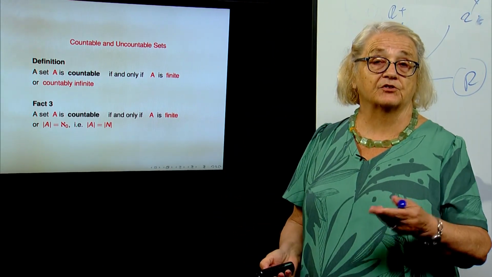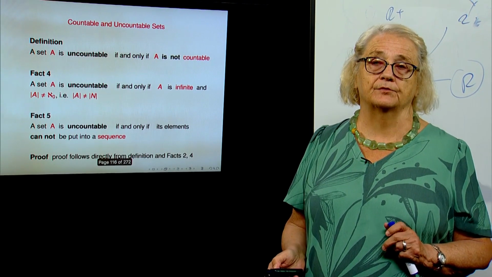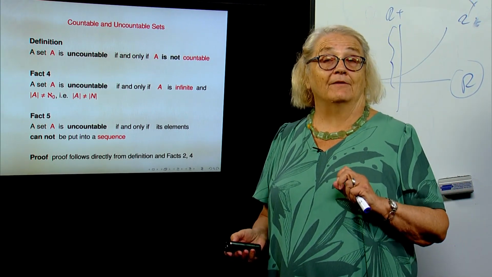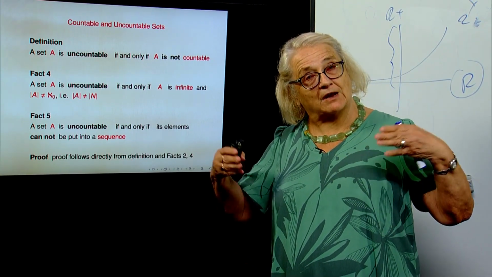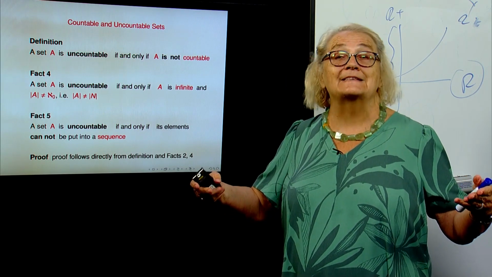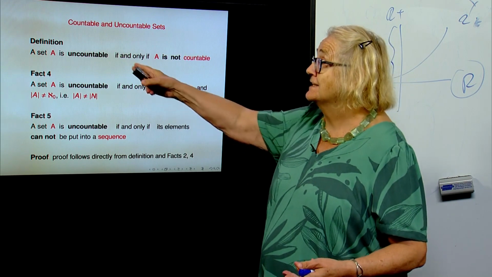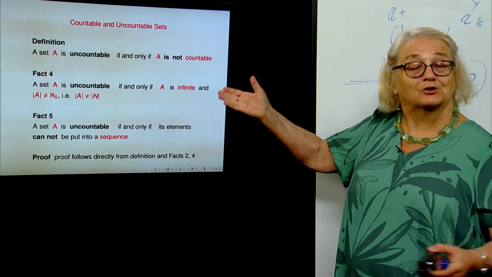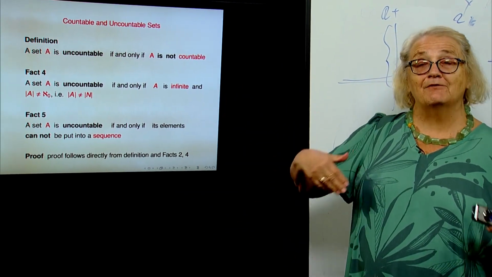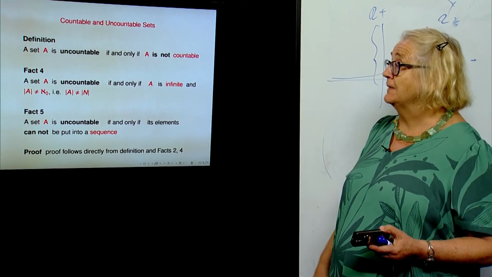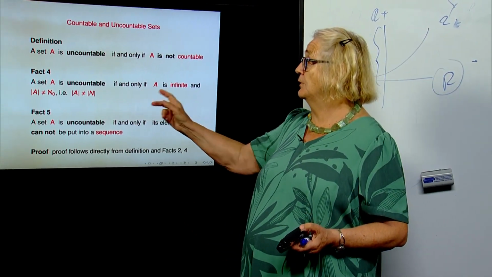Countably infinite has the same cardinality as the natural numbers. Now we have countable sets. What is an uncountable set? You cannot count it, so a set is uncountable if it's not countable. So now we have a new category of sets. It means that it's uncountable is infinite,